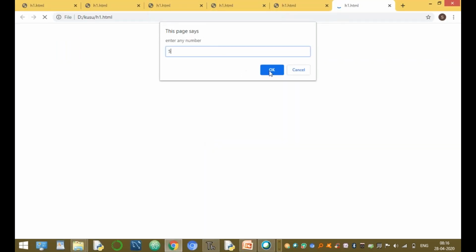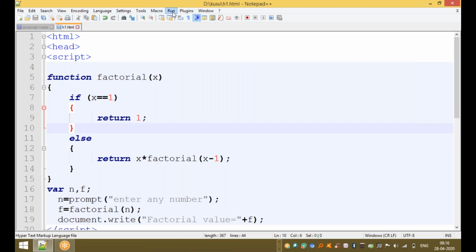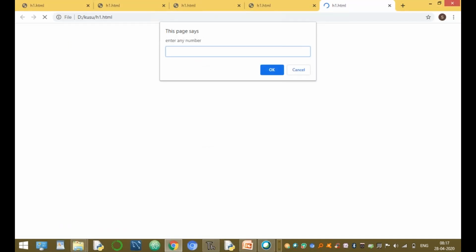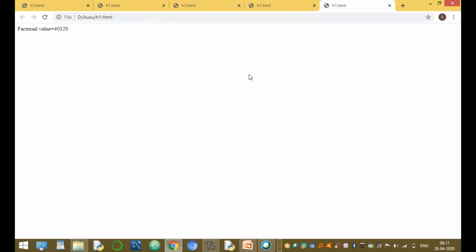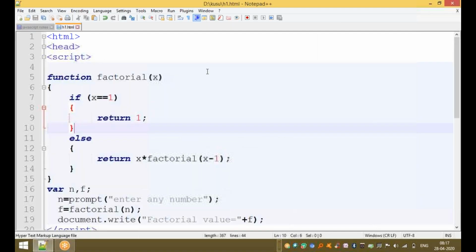Now enter any value, the value equal to 5, and the factorial value equal to, that is the final output to find the factorial values. Now clear, and run once again, run the same logic. Again enter another value. Now the factorial of 8 equal to 40320, to execute these statements repeatedly. Clear guys up to here?